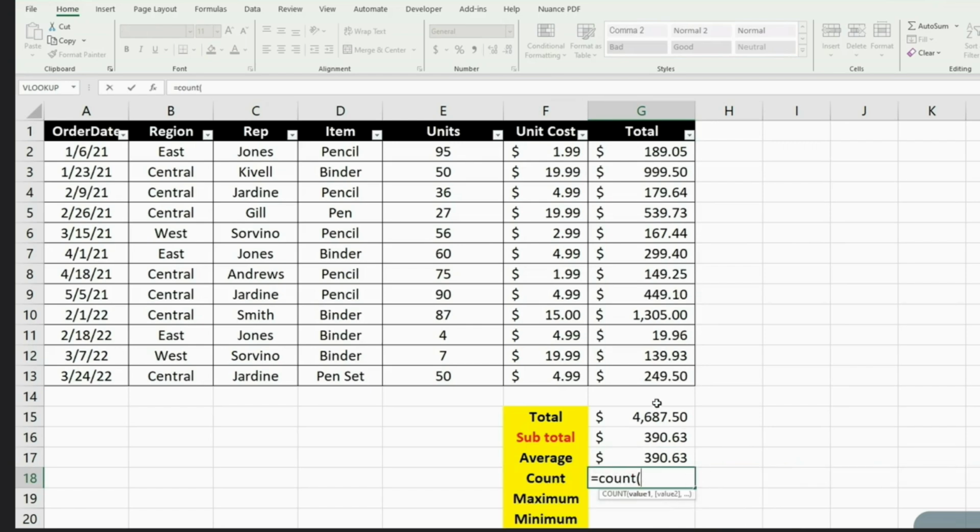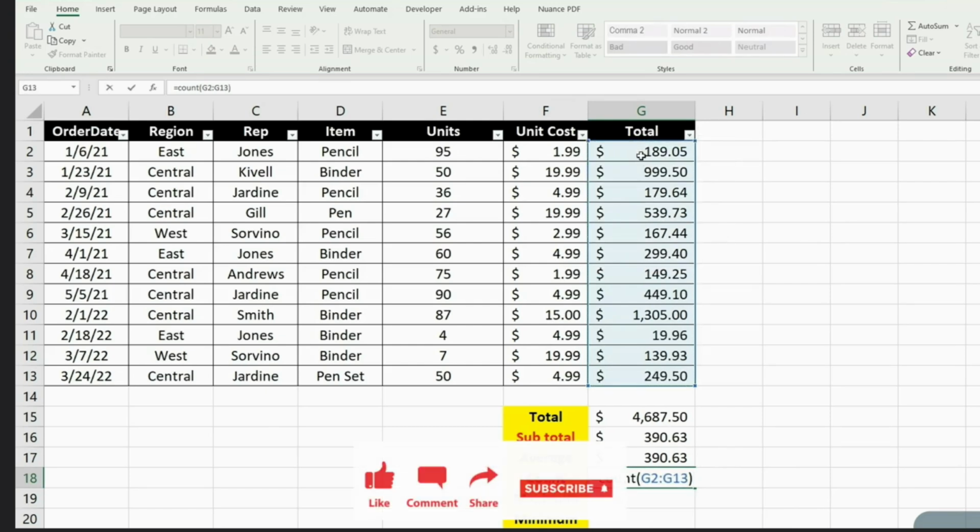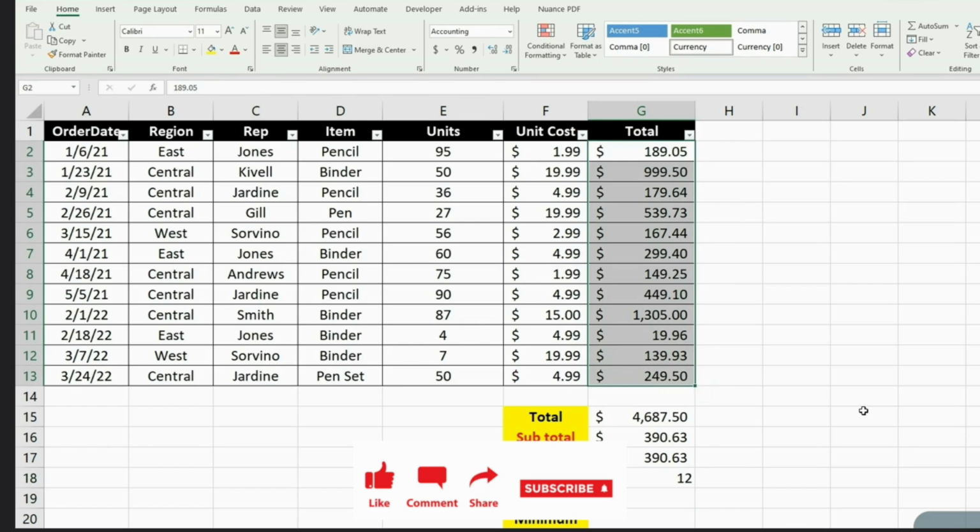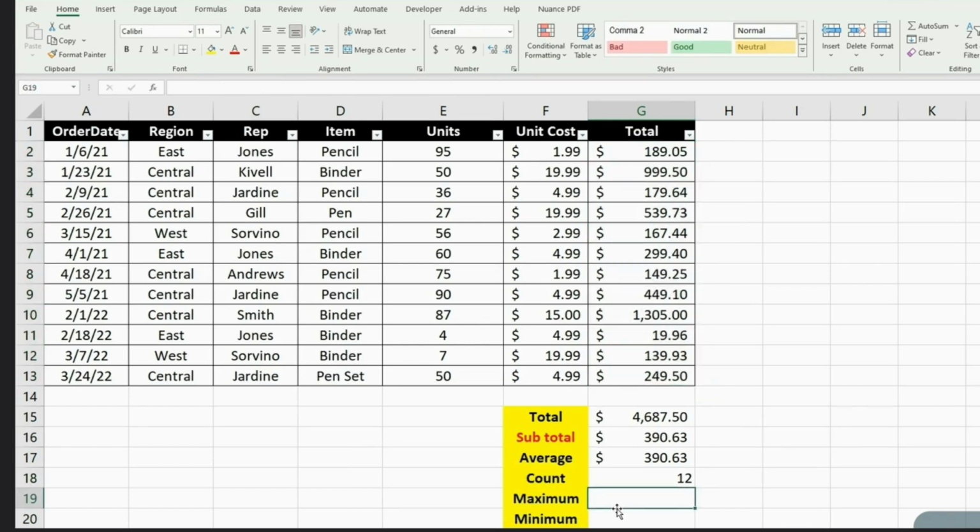Count of what? Count is always the number of items there are. So it is saying there are 12 items. That means 12 rows are there which have values. That is count. If you would like to know what is the highest value in this data set,